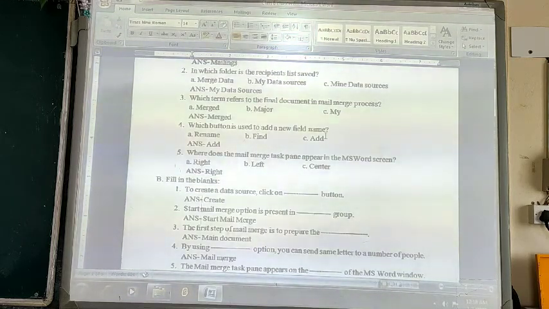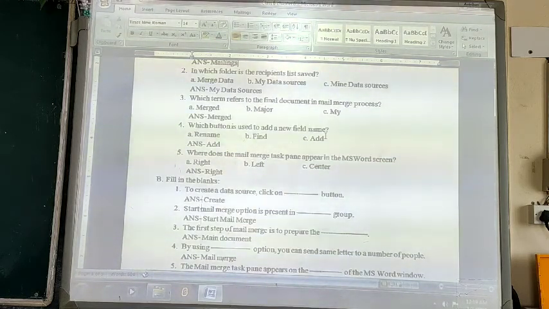If you want to add any field within the data source, you can add it also. For that purpose, we have to click on the add button. So the correct answer is add. The add button is used to add the new field name.